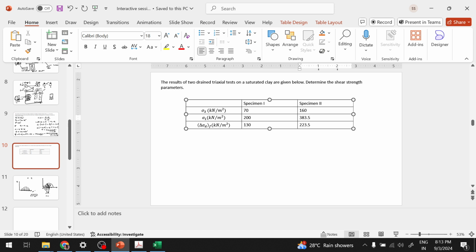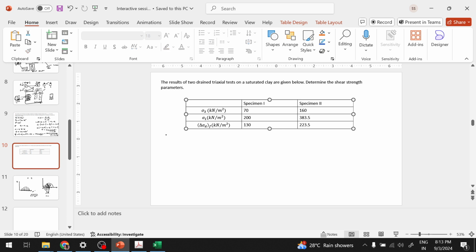Okay, so what we can write is tau f1 is equivalent to c dash plus sigma f1 tan phi dash, and tau f2 equals c dash plus sigma f2 tan phi dash, which means